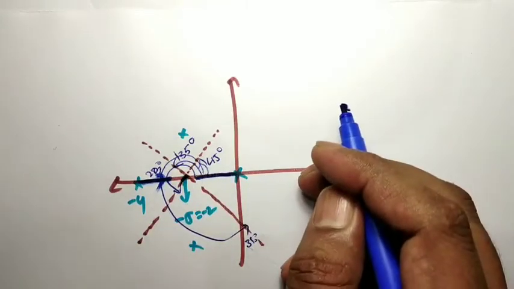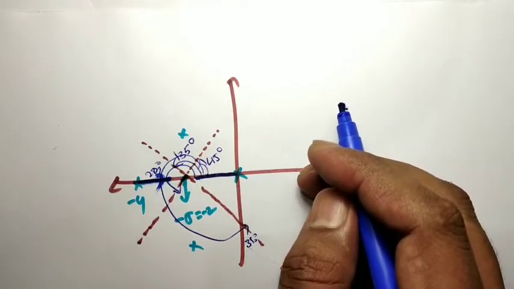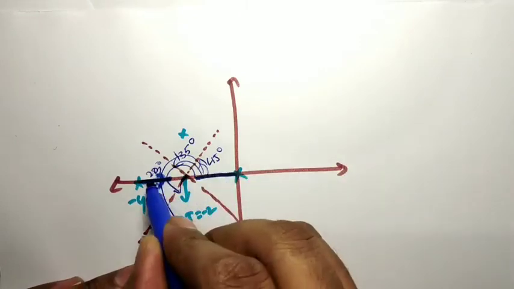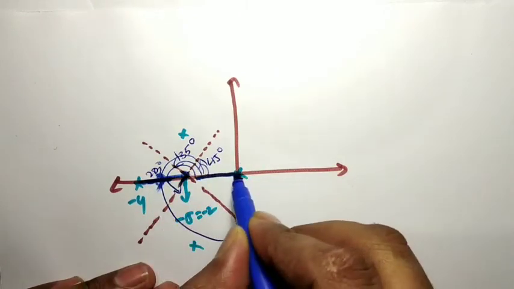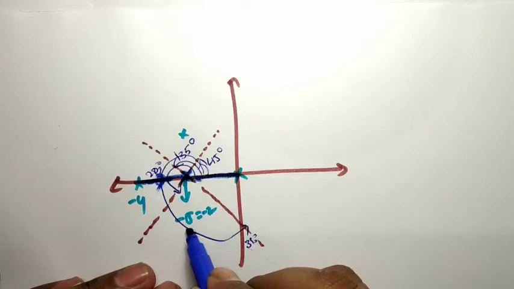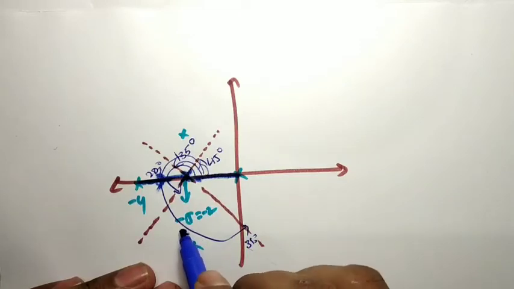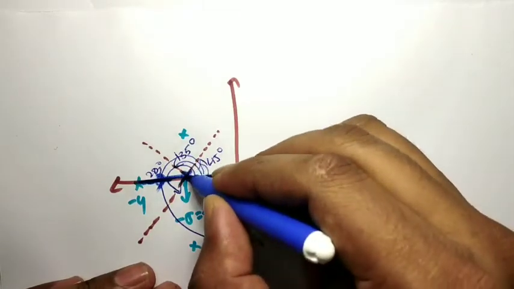Where we will get the breakaway point, that we have to find. Generally, you will get a breakaway at the centroid, which is equal to -2. So this will move.